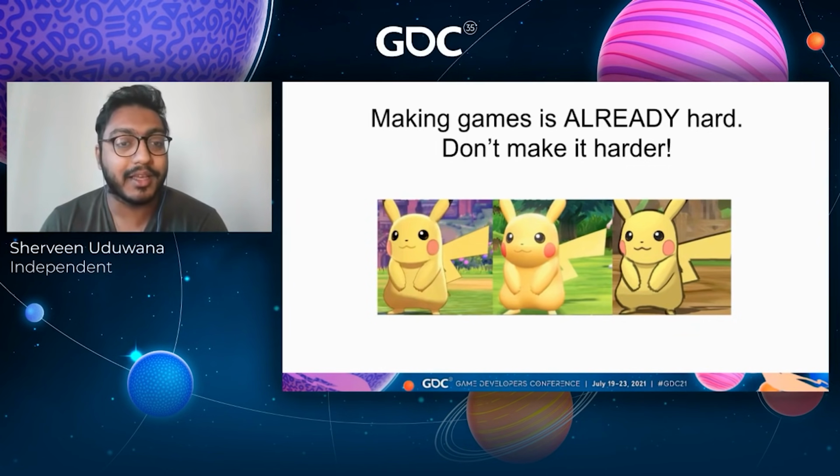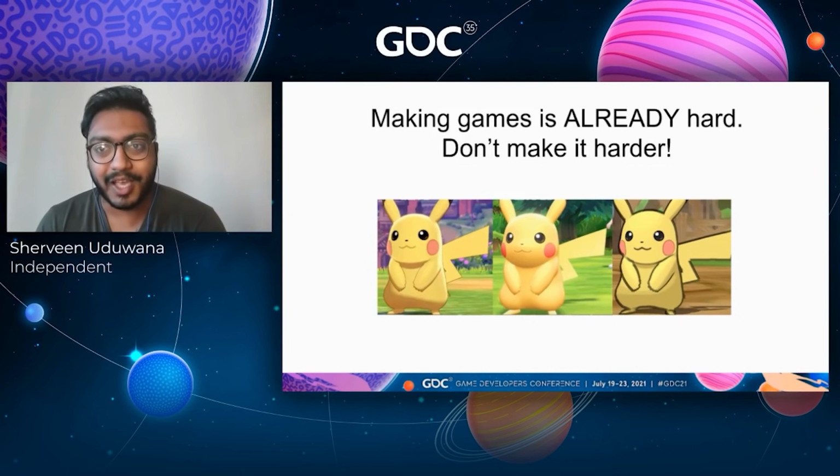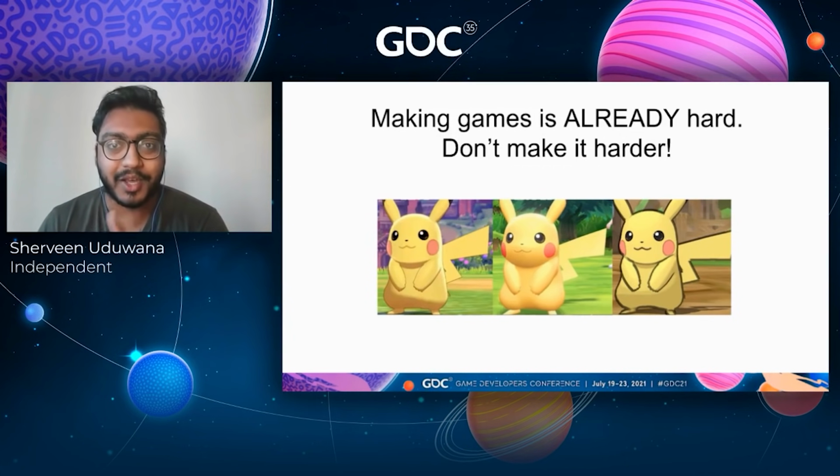People know what Pikachu looks like. You don't have to make 100 different variations of things and reinvent the wheel every single time. If you have a chair in your game and no one's going to notice, reuse it. If you have a dialogue system, it's going to work the exact same way, reuse it. And that's the main philosophical underpinning that I'm trying to get across at the top of this talk: things are hard, make them easier on yourself, reuse things.